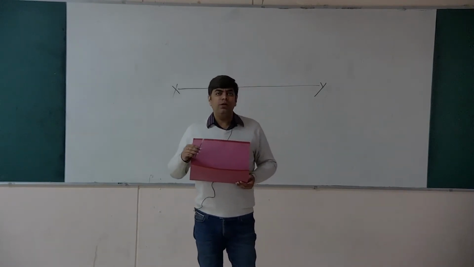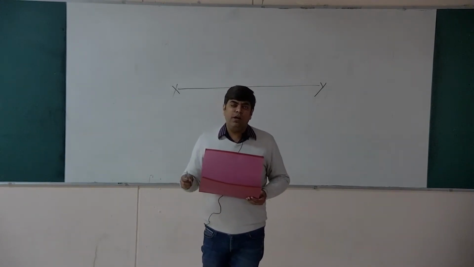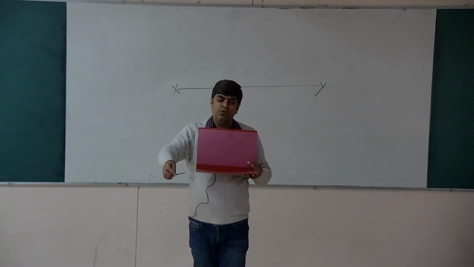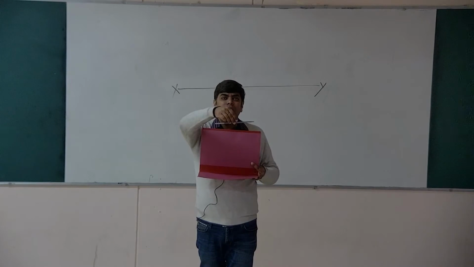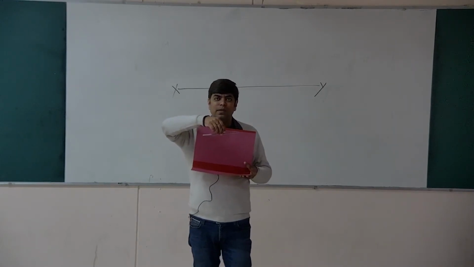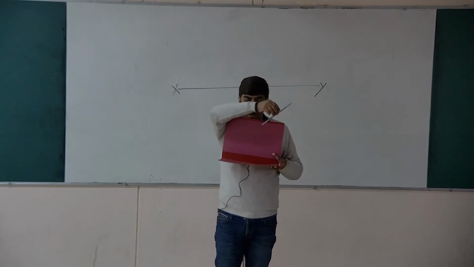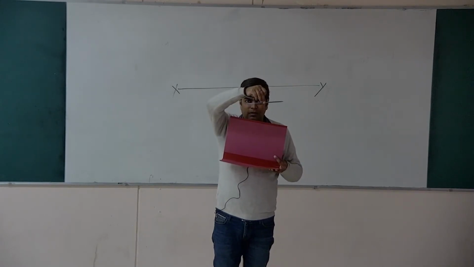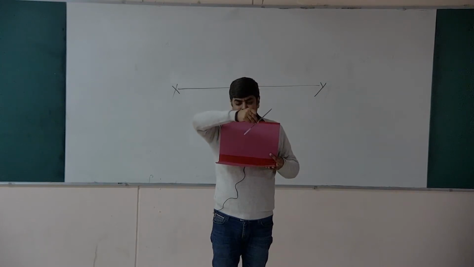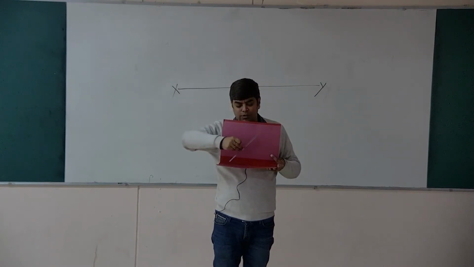Similarly, line inclined to the horizontal plane or line inclined to the vertical plane. When the line is inclined to the horizontal plane, initially we'll assume that the line is parallel to both the horizontal plane and the vertical plane. Now the problem says line inclined to the horizontal plane. This is the horizontal plane, so I'll change the orientation of the line and say that the line is inclined to the horizontal plane.